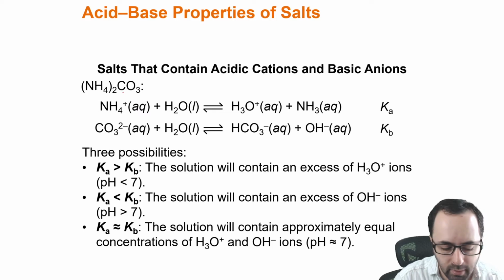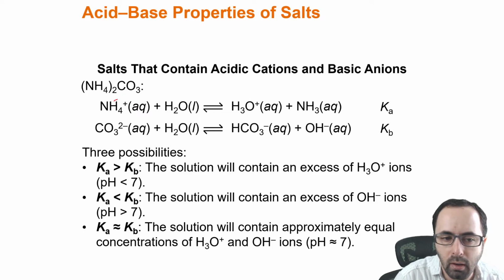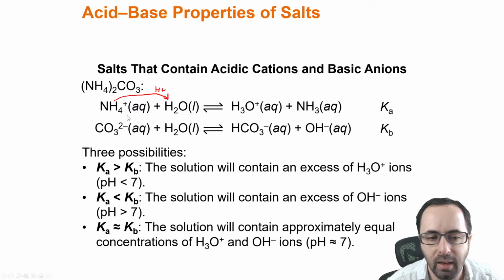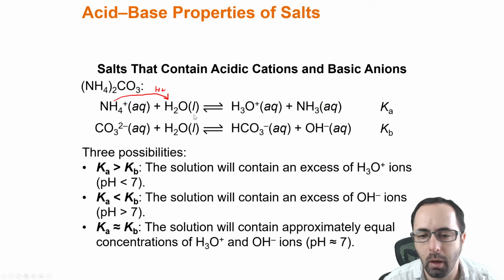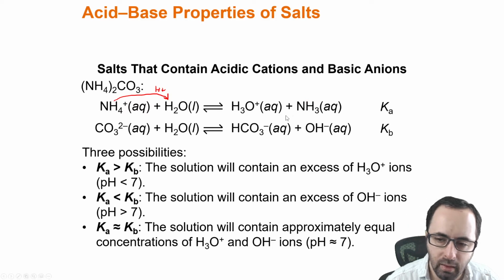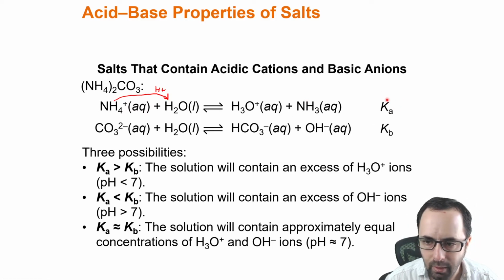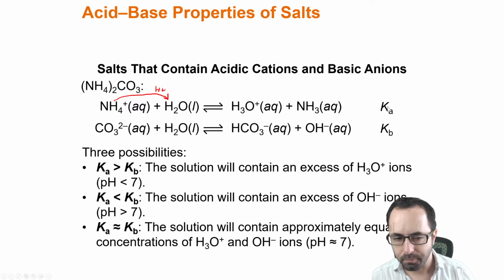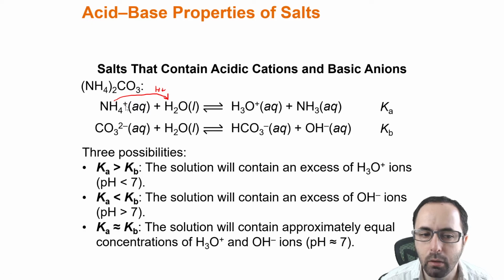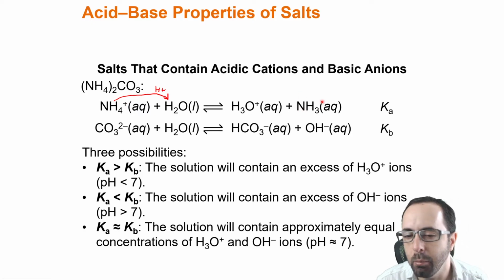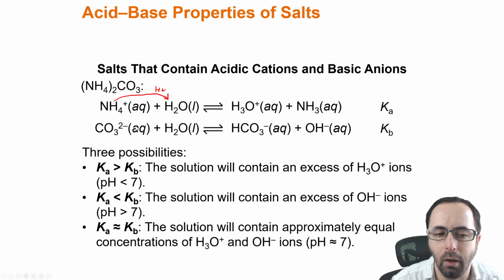The ammonium ion is an acidic cation, so it's going to donate its proton to water, which means that it produces hydronium ion, H3O+, and what you get left is the conjugate base of the ammonium ion, which is ammonia. And so what we'd like to do is get the Ka for this reaction. However, as we discussed earlier, our table does not include the Kas for ions. What we're going to have to do is use the Kb for its conjugate base to figure out the Ka